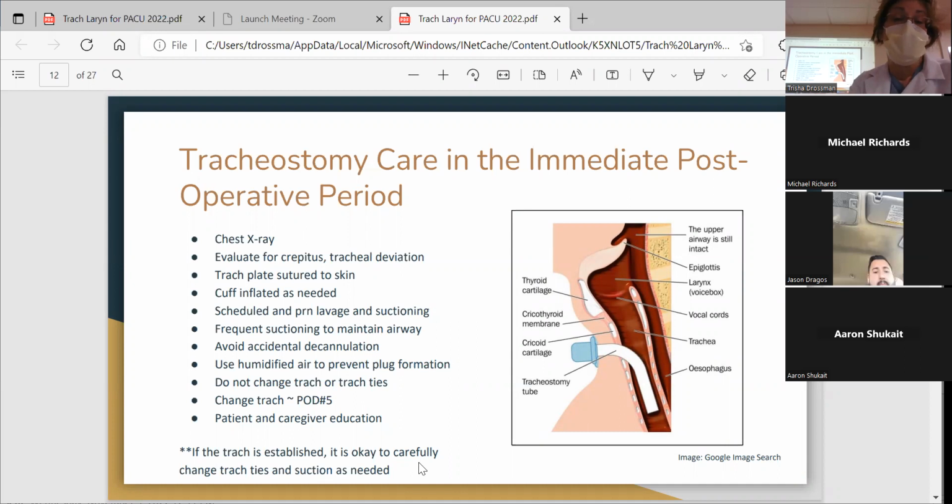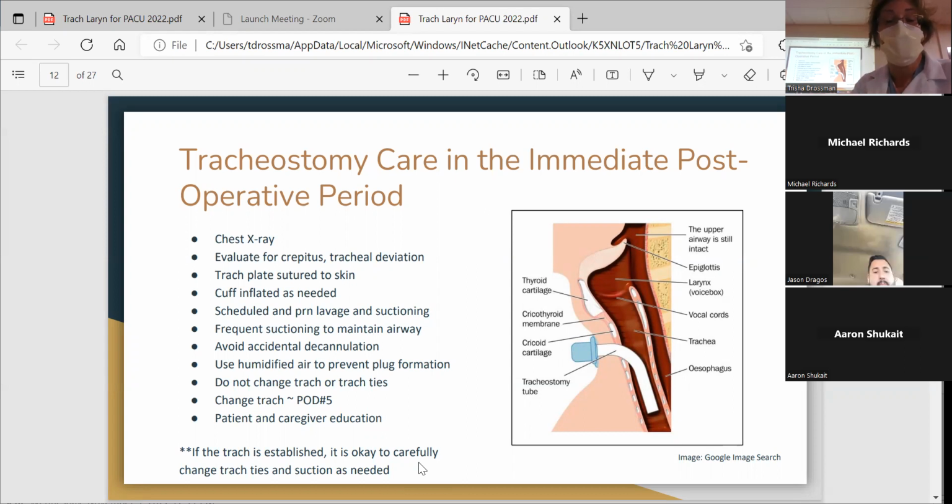There might already be some tracheal deviation just due to the type of cancer the patient has and what kind of surgery. So sometimes it will be deviated, but it's normal for that particular patient. So if you are concerned when you're doing your immediate assessment of a patient, when you receive them in PACU, if the trach appears deviated, you want to confirm with the resident